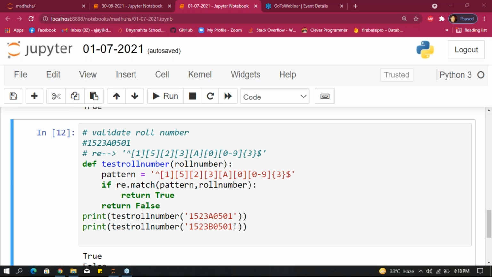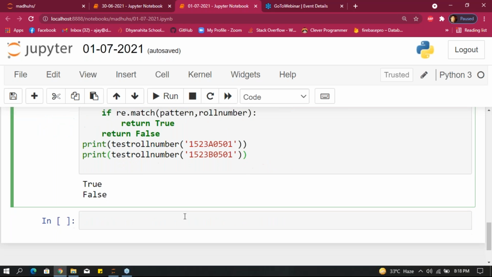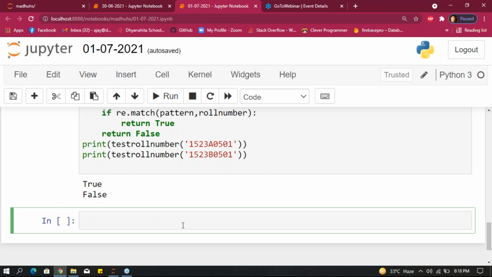Just completed this example, roll number. Next, we'll see how to validate email ID, guys.